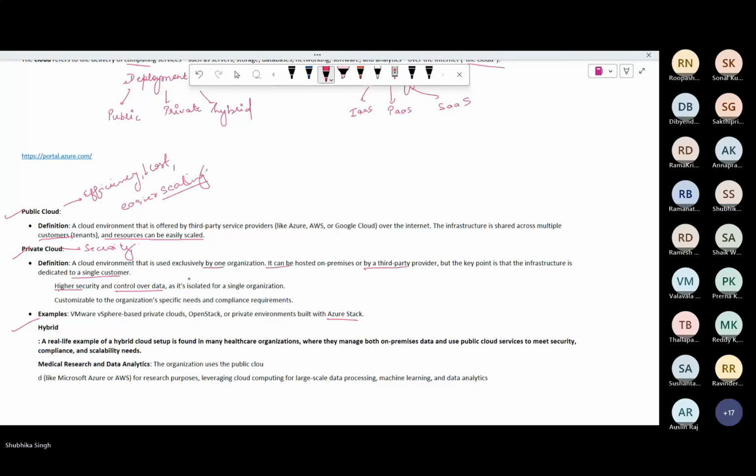Let's take an example of a healthcare organization managing medical research and data analytics, and storing information about their patients, their doctors, and the finances. To perform the data analytics, they can leverage the public cloud,